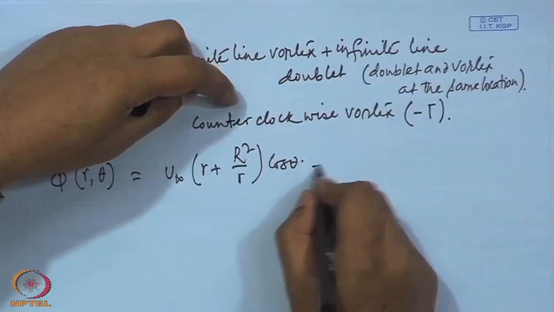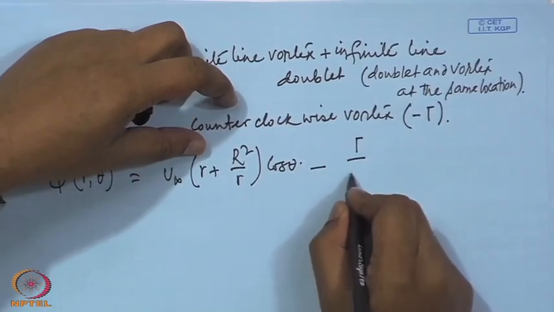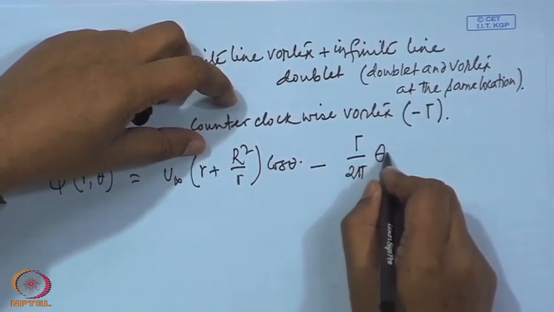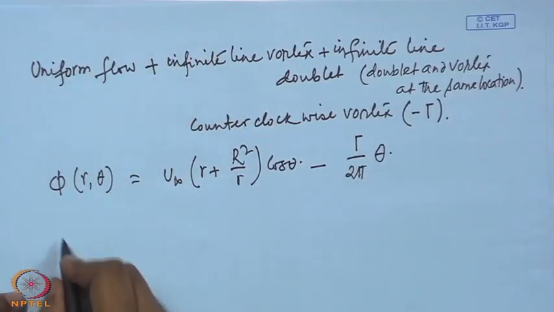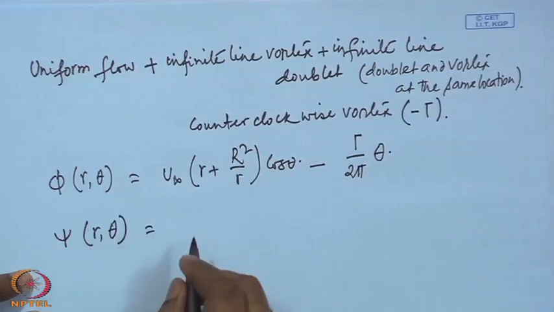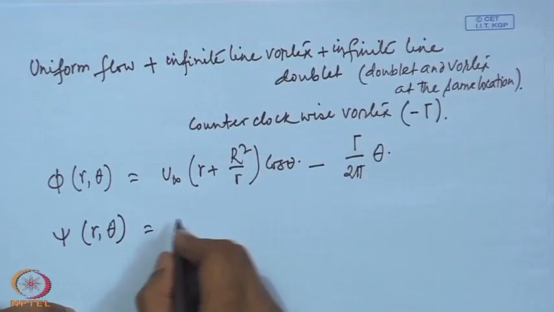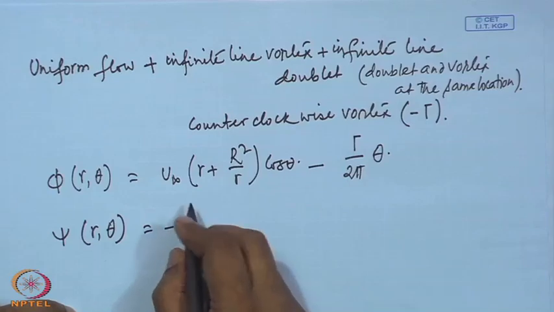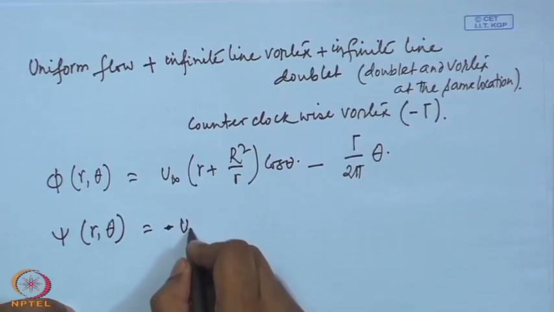Stream function is gamma by 2 pi ln r, and vortex potential function is gamma by 2 pi theta, where gamma is the strength. Okay, we have taken a counterclockwise, so it is minus gamma by 2 pi theta. Similarly, psi we can write u infinity